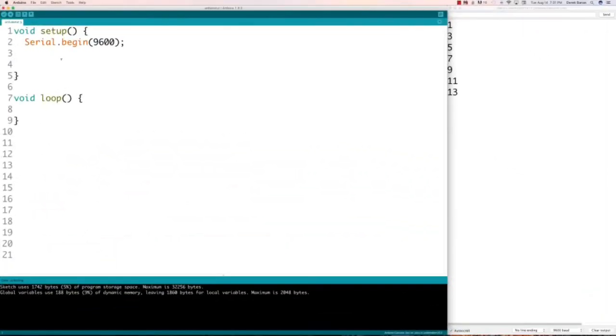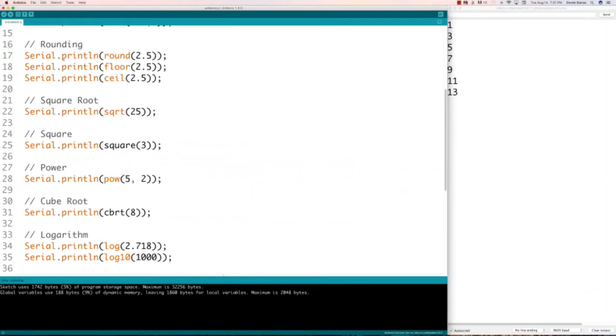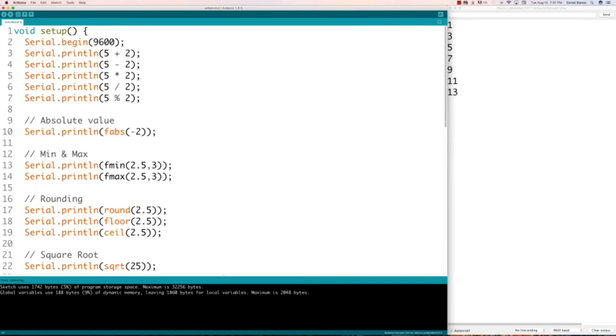Now to save time, I'm going to cover a whole bunch of math functions. So let's just go through them one by one. Of course, we can add values. We can subtract, multiply, divide, and do the modulus. And remember, it gives you the remainder of a division. We can do absolute value. Of course, this is going to return a positive 2. We can just go and run that, and you can see the results over here on the right side of